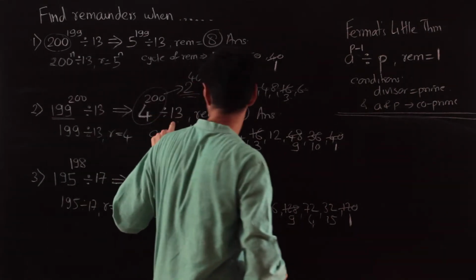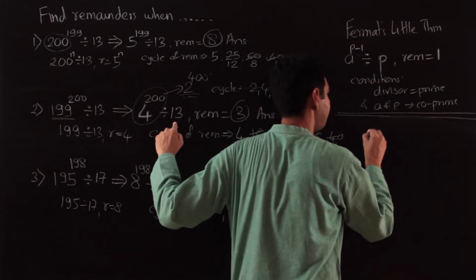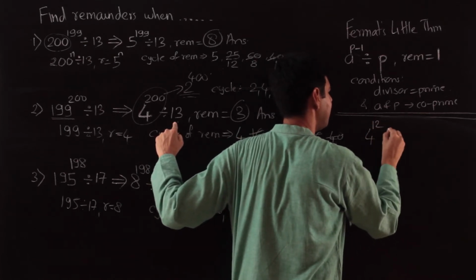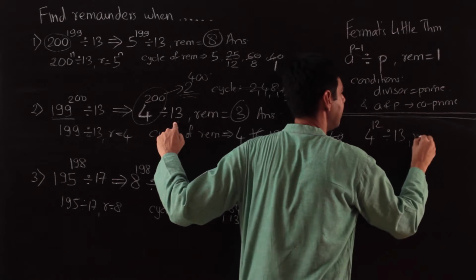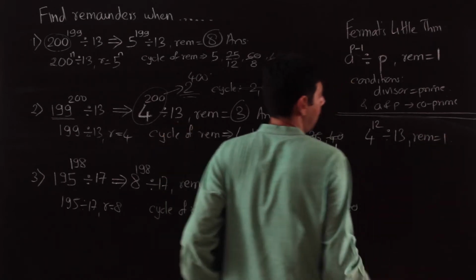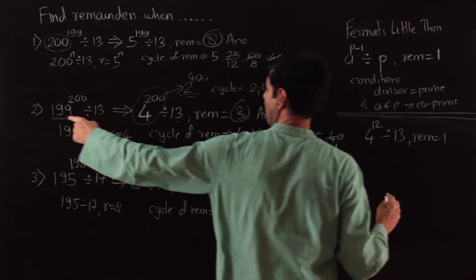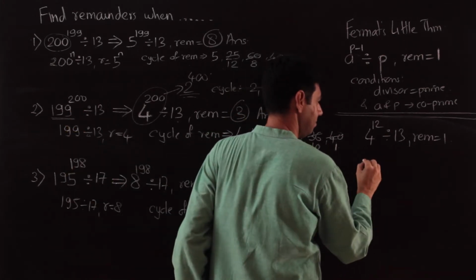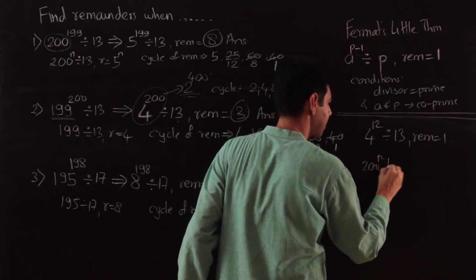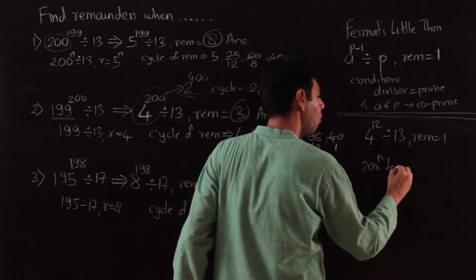So the divisor is prime. All I know is that 4 raised to 12 divided by 13, the remainder is going to be 1. Good. And I need to find the 200th term. The only way